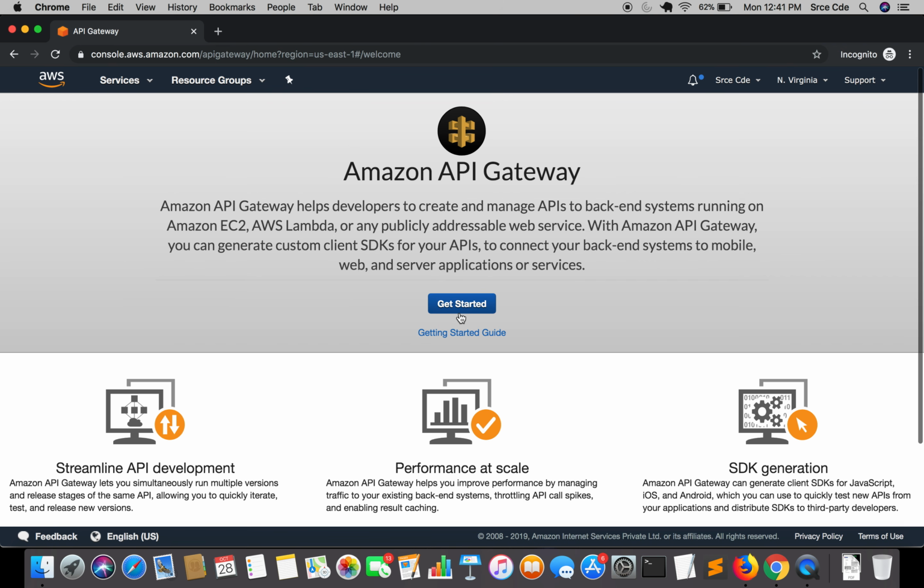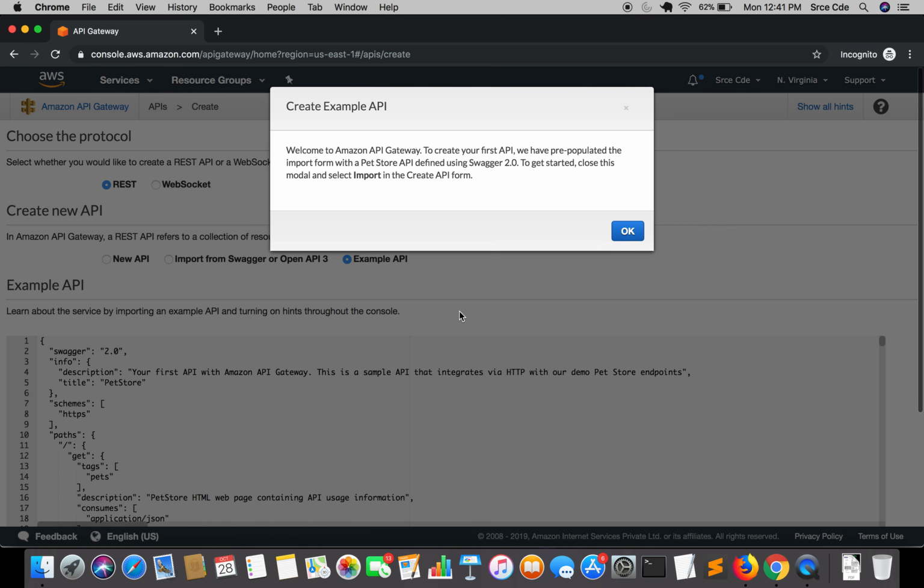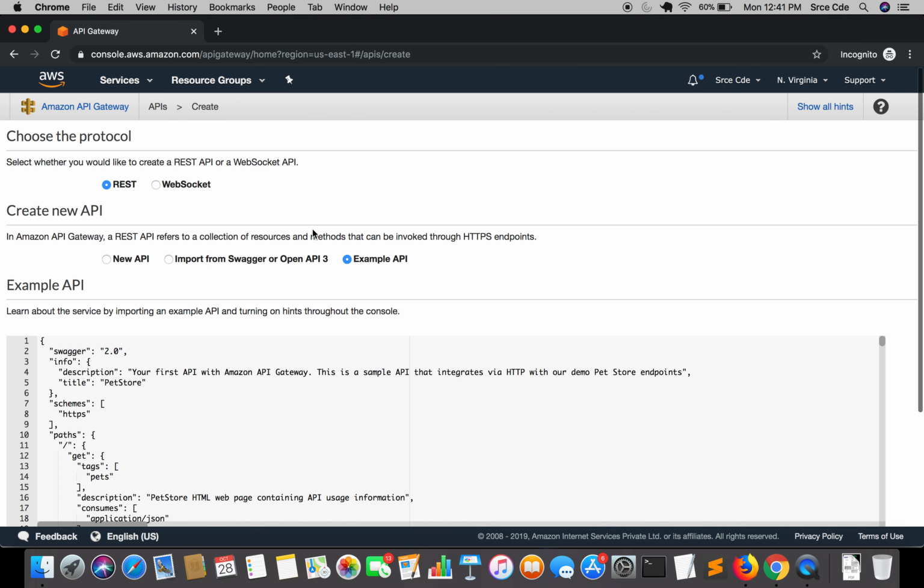I'm going to click on Get Started. Now it says Create Example API. It says welcome to Amazon API Gateway. To create our first API, we have pre-populated an import from Apache Store API defined using Swagger 2.0. To get started, close this modal and select import in the create API form. So I'm going to say okay. We will come to that part later.